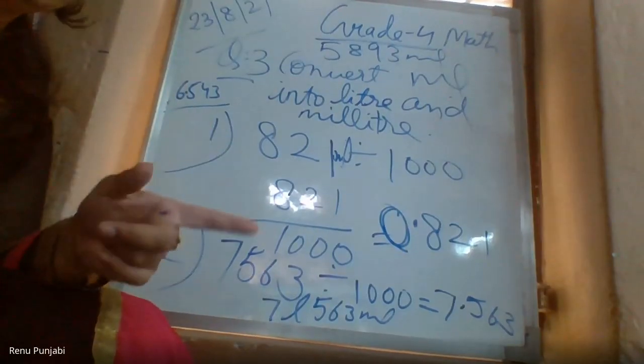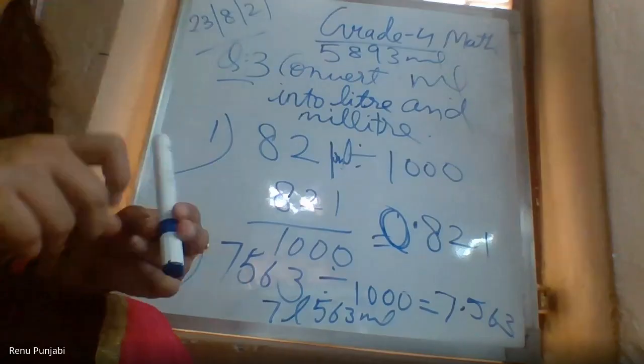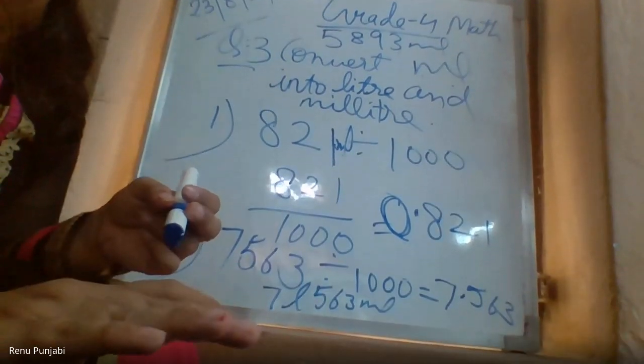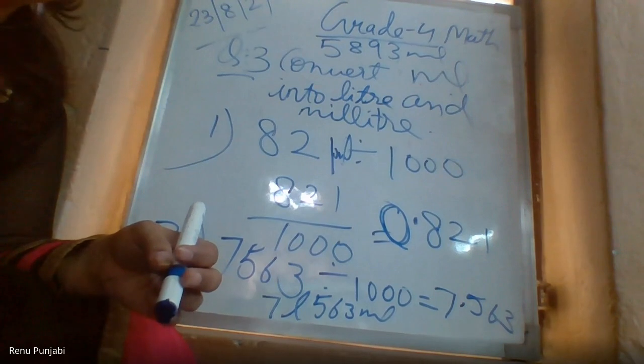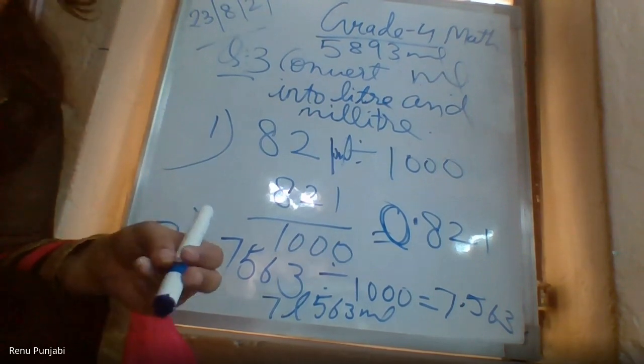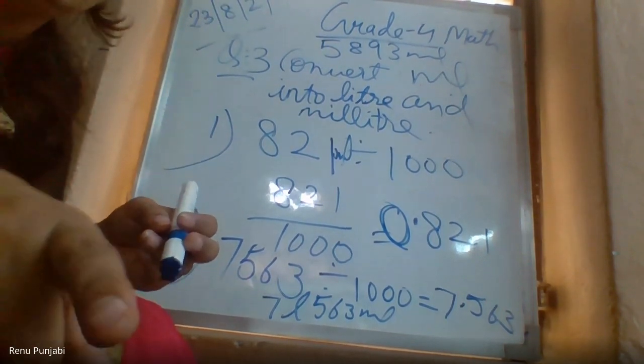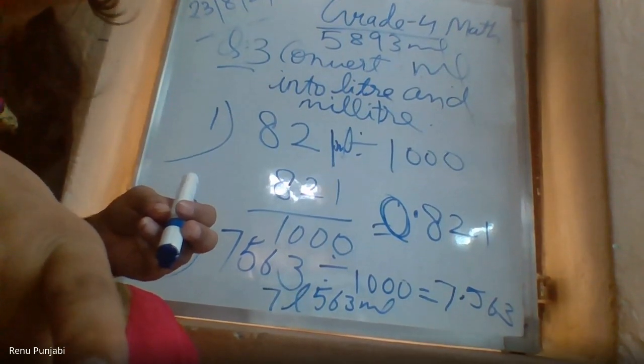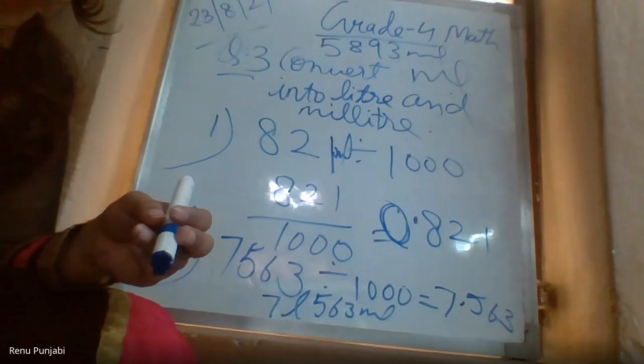Ma'am, can I say one? Yes, Shivani. Ma'am, in computer, where can I get the divide sign? You will get the divide sign. Ma'am, and I also want to know the multiplication sign. Multiplication sign, you can use the X sign. And divide sign, you can use the slash sign. Slash is there. Yes, ma'am, slash is there. You can take the slash sign.